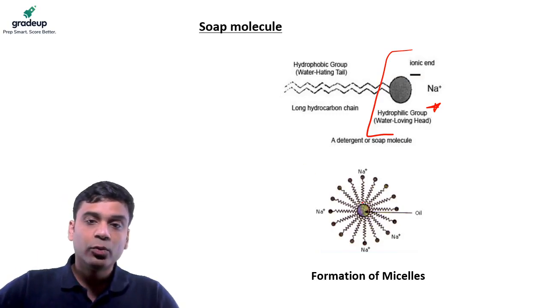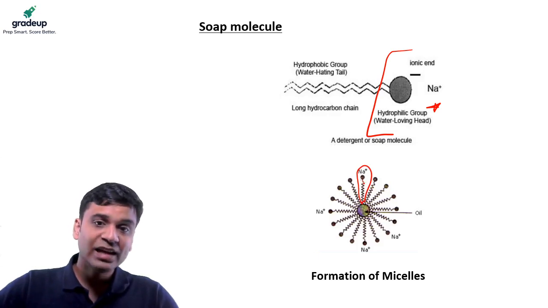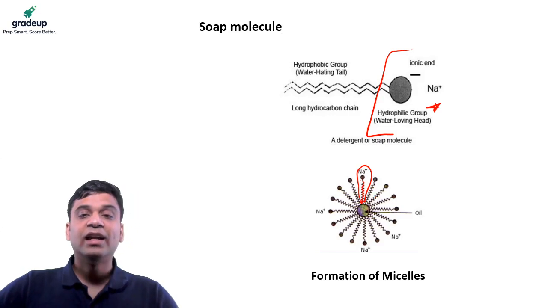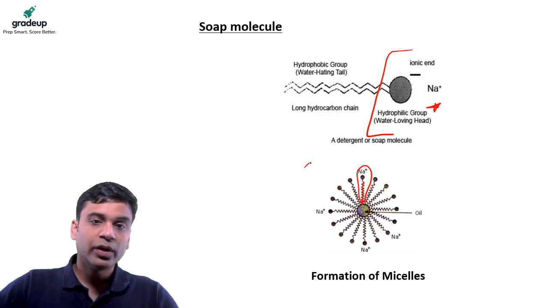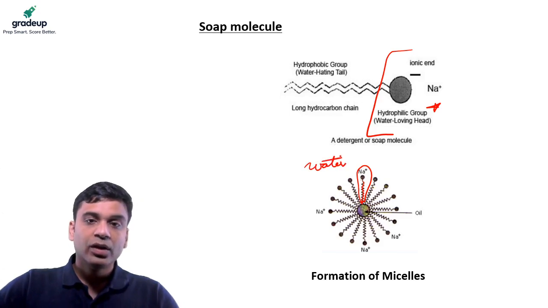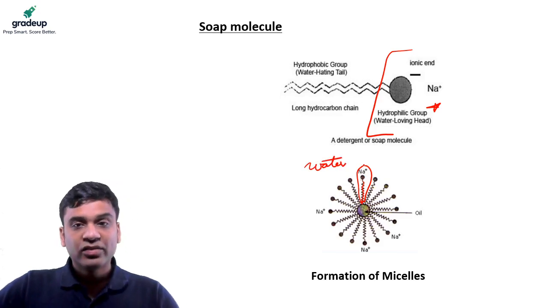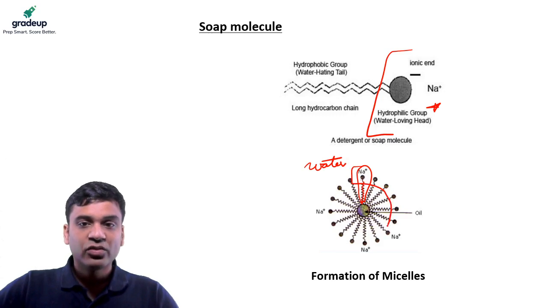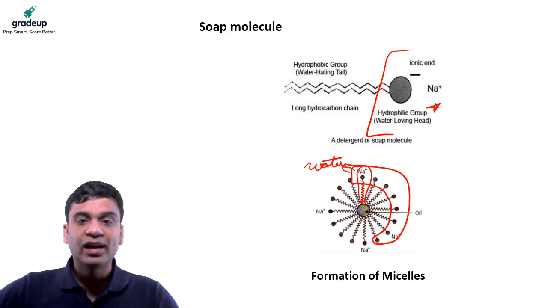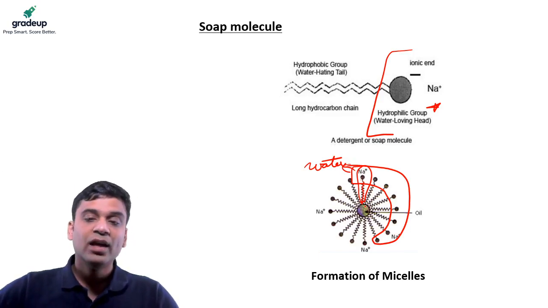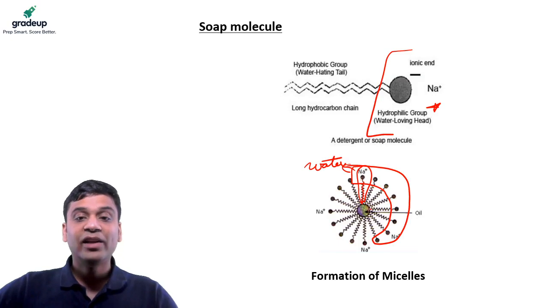See, this is one soap molecule, the whole carboxylic acid chain. This aliphatic chain which we have is hydrophobic. All this is water. In water, this ionic end is waterphilic, so it loves water and stays near water. And this end, the aliphatic chain, loves oil or fats, so it binds to the fats.